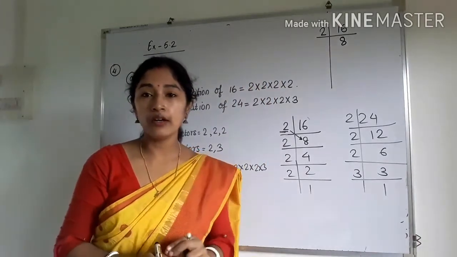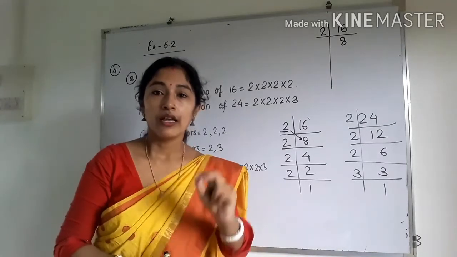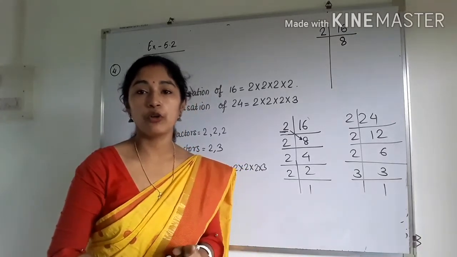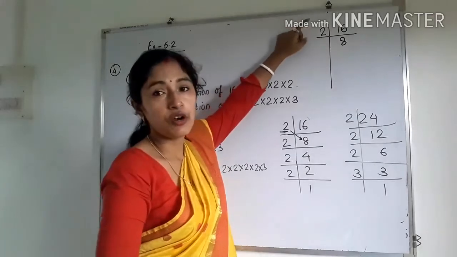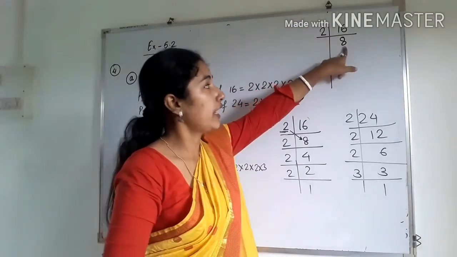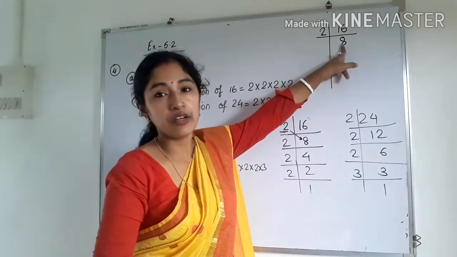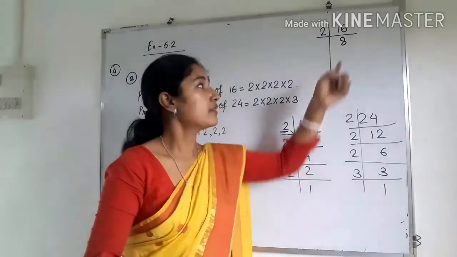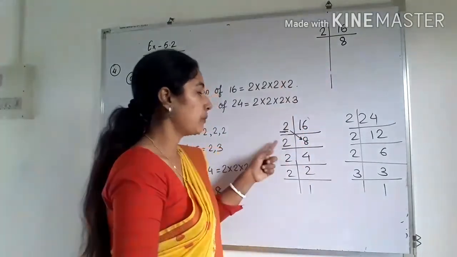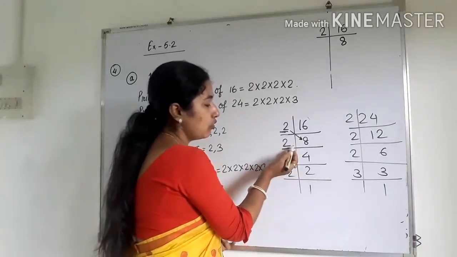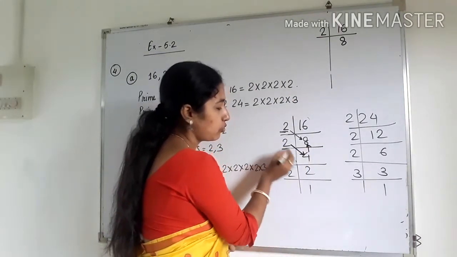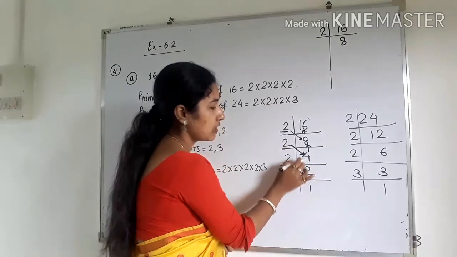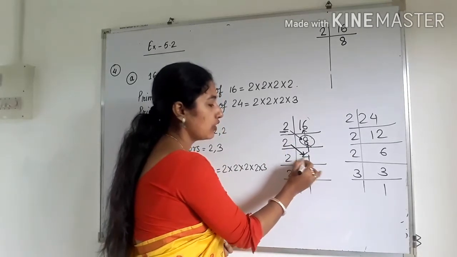We have to take a number, again I am repeating, that should be exactly divisible. Okay. And we have to take a prime number only. So here we are taking first of all 2. So again we have to check 8. Okay. Again now our new dividend is 8. Okay. So now which is the lowest prime number by which 8 is divisible? Yes. Again the number will be 2. So see here 2 4s are 8. You have to do like this. So now our new dividend will be 4.